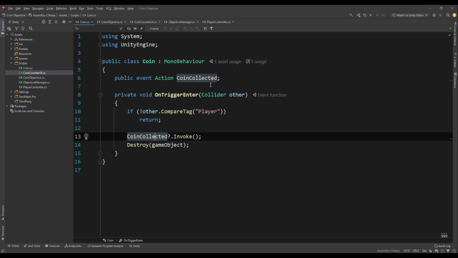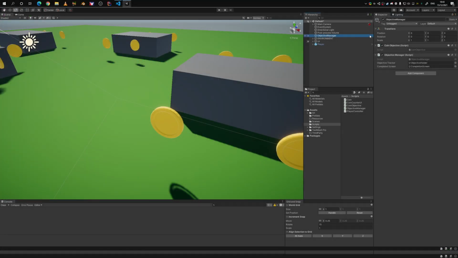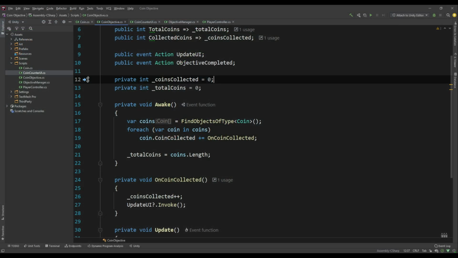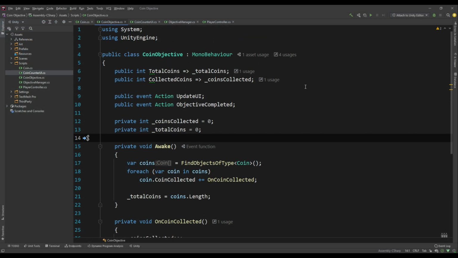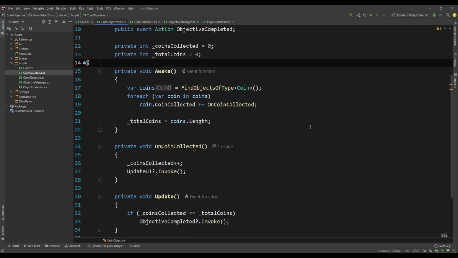What this basically means is that whoever is subscribed to this action, to this event, will fire off some sort of method, and that would be the coin objective here. It's a coin objective script, and it will look a little bit more complicated than it really is. But anyways, so at launch, the